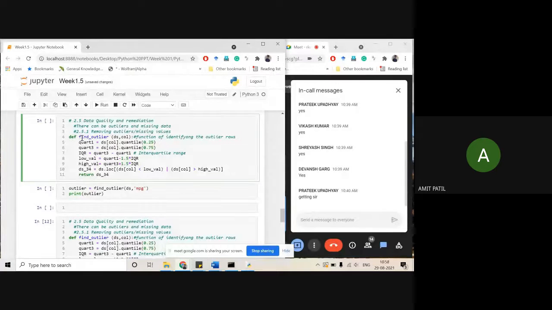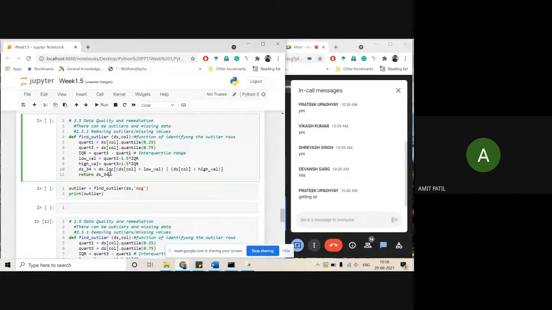First, define find the outlier, that is your function name. These are the inputs, and you simply need to understand what return signifies. Whatever variable you have written after the return command will be stored.